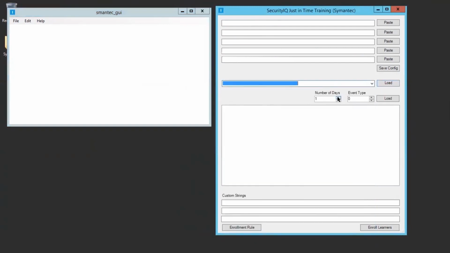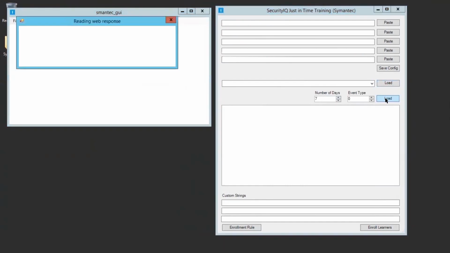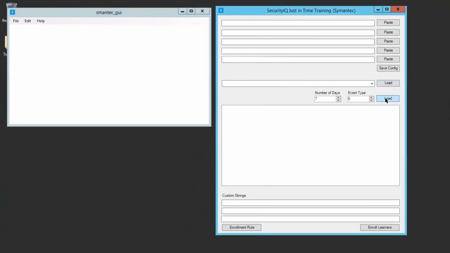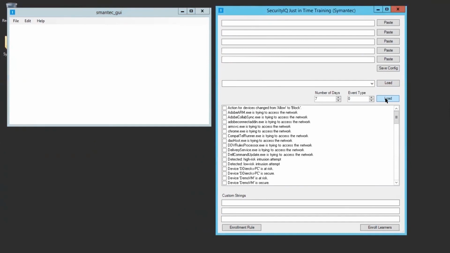The next step is to load the Symantec events. One thing to note here is that I selected 7 days. That means that we're going to collect 7 days of events from the Symantec Endpoint Protection Cloud. The tool has to use the API over the internet, so this can take several minutes if there's a lot of events. Okay, now that the events have loaded, you can see all the different event types that come from the Symantec